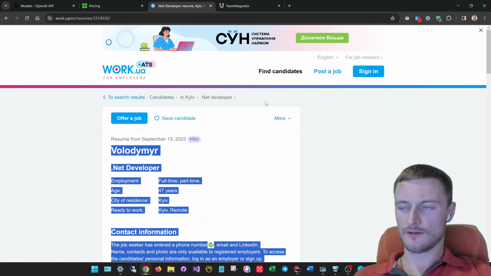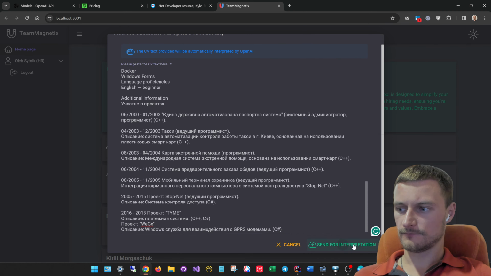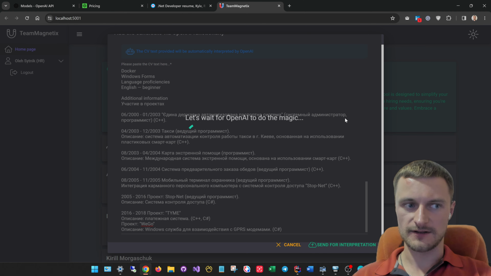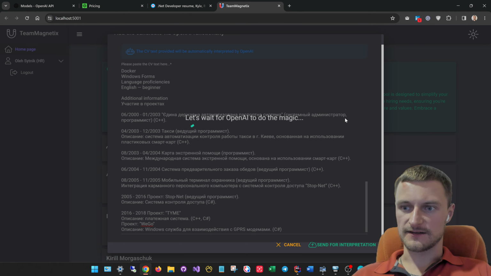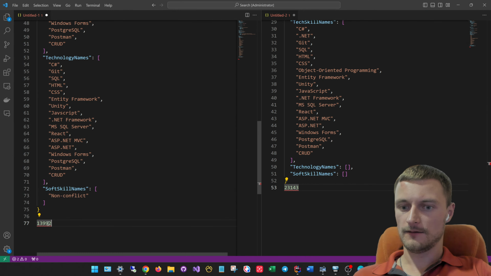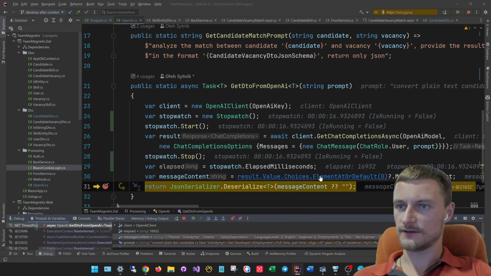Okay, so let's start. So we are sending it for interpretation and waiting for it to complete. And of course, this CV will take much more time because it's partially both in English and Ukrainian, and of course it contains much more data than the previous one. But we have the result, and the time taken is here. And the result is here. So let's copy it